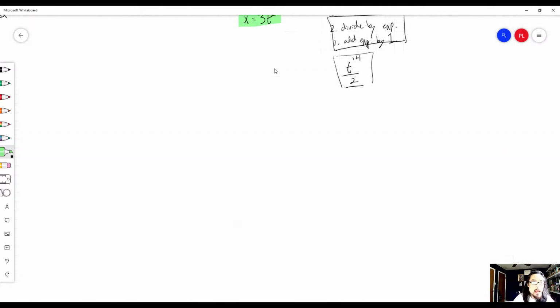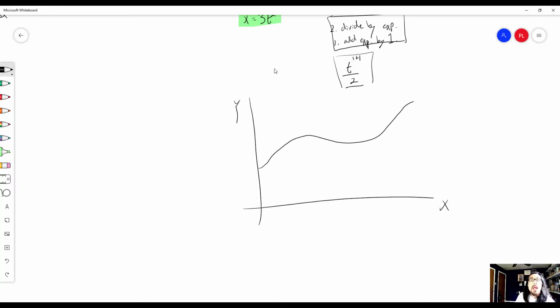If we're given a quick little graph, let's say this is the y and this is the x, and we're given, let's say, a curving line like this. If we were to take the derivative of this, we would be finding the slope at certain points. Now, what the integral tells us is the area under the curve, and I like to write that as the AUC. Now, we've got to think about it: slope, which is derivative,